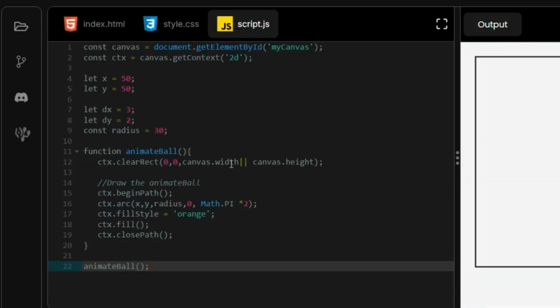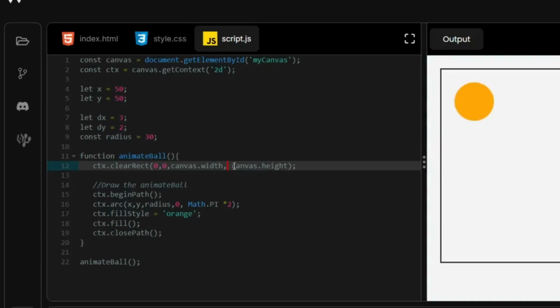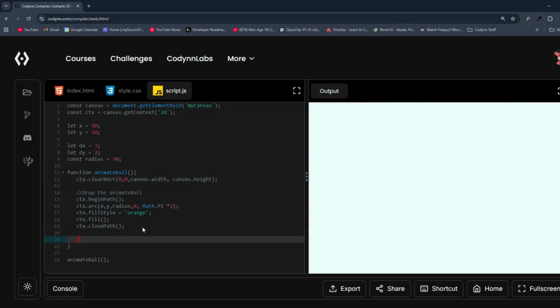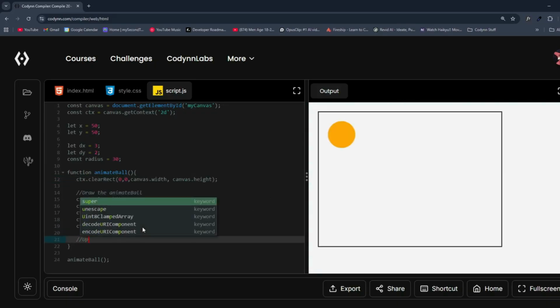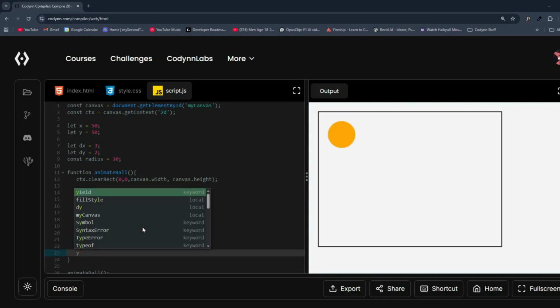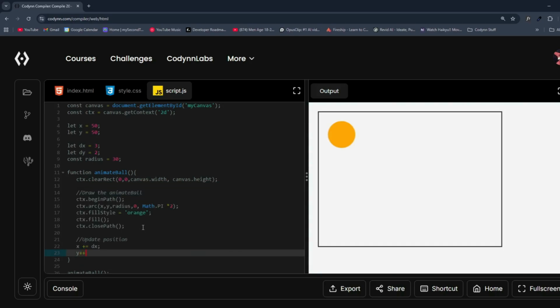Okay, I see what I did. I should have put a comma here, my bad. Okay, we have drawn our ball right here. Now in order to actually animate it, we have to first of all write the logic to update its position at each frame. So update position, and this will be x plus equals dx, and then as for the y position of our center, we'll do y plus equals dy,